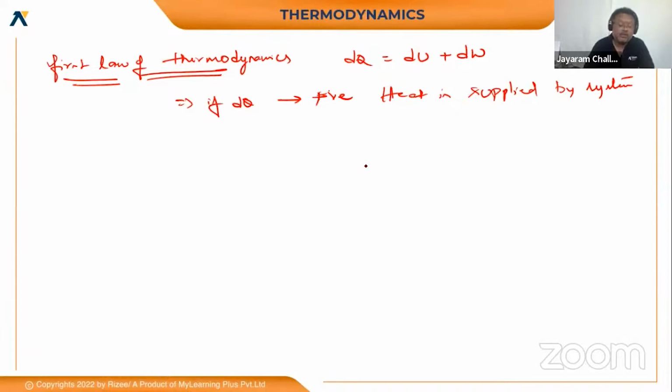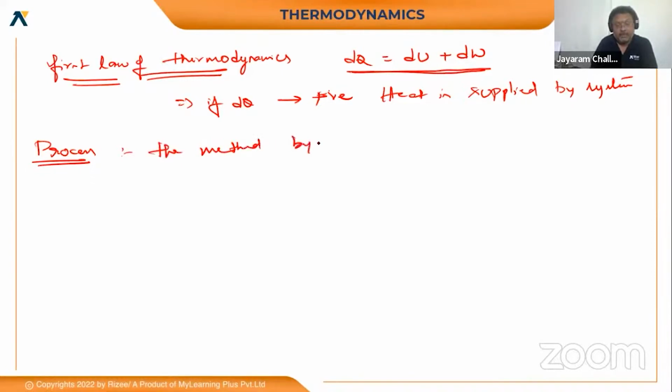So this is our first law of thermodynamics, that is, the total heat supplied will be utilized to raise the internal energy as well as to do the external work. Now I am writing the process. What do you mean by process? It is a method by which you can change a physical quantity. The method